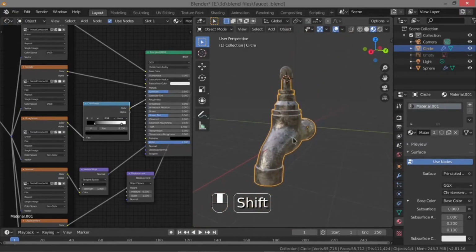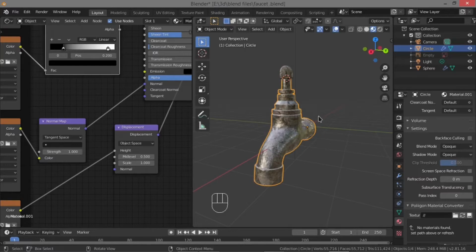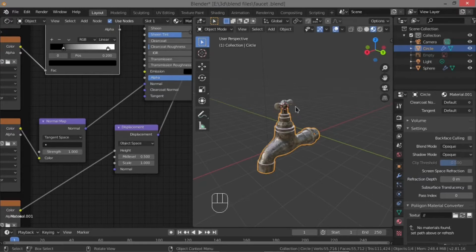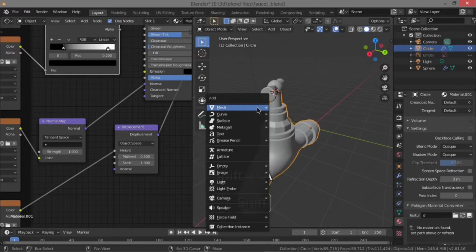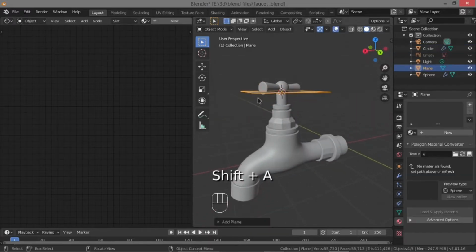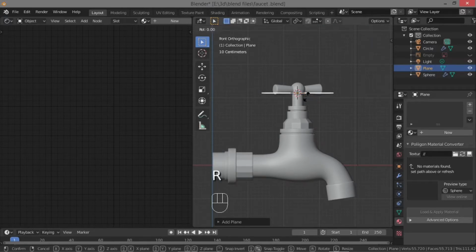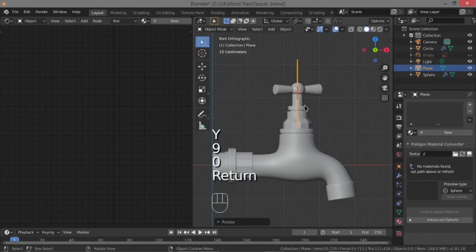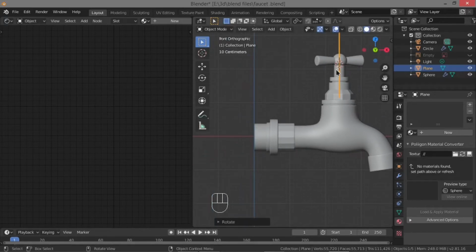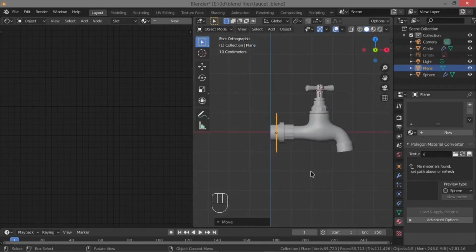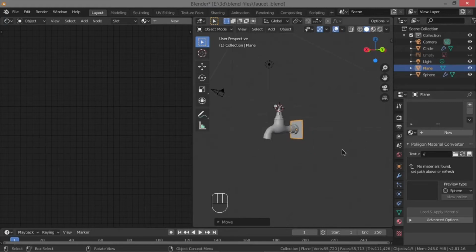So after doing that, what you need to do is add a plane. So I'm going to go to solid mode quickly and add a plane, and go to front orthographic view and press R, Y and 90 to rotate the plane 90 degrees on Y axis, and move it here and scale it up,